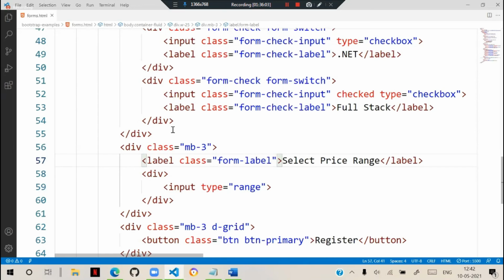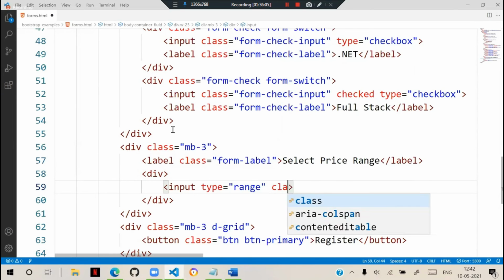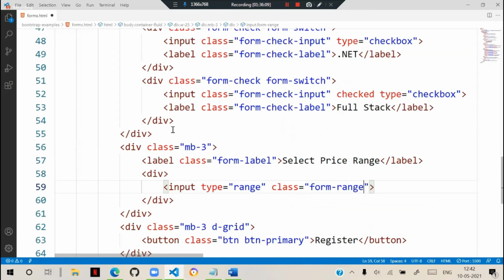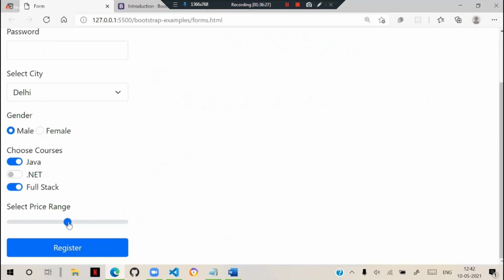And for the range, we have the class form-range. Form range option is the new option. And minimum, maximum values are all the same. No change in that, so you don't need to worry about that. The rest of the options are the same. Min, max, how you define. The range picker will change now. You see this range picker will come. Now this is a little bit more attractive in your Bootstrap.